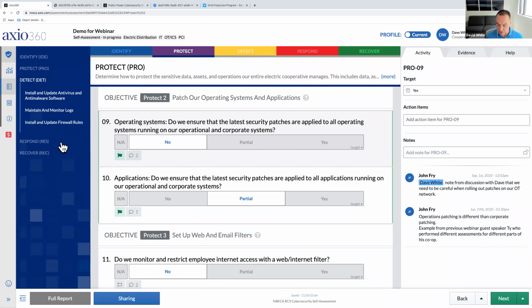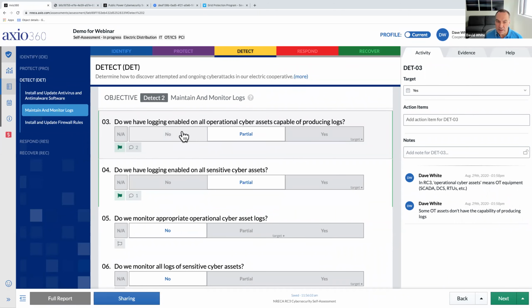Moving forward to Detect, there are 3 objectives in Detect. First is on antivirus and anti-malware. The second is on maintaining and monitoring logs. So remember, we talked about logging and monitoring over in the scorecard. And in RC3, as we've seen in other places, we see a little finer grained treatment of that. Do we have logging enabled on all operational cyber assets? So this term throughout RC3, operational cyber assets, refers to those elements of your network that